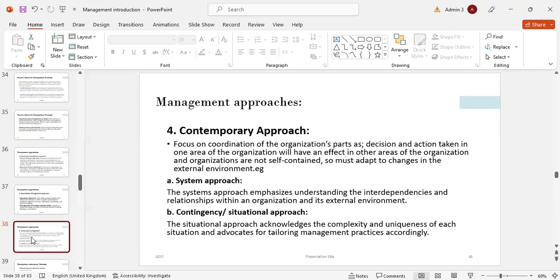Fourth is contemporary approach, focus on the coordination of organization part as decision and action taken in one area of organization will have an effect in the other area of organization, and organization are not self-contained, so must adapt to change in the external environment. System approach. The system approach emphasizes understanding the interdependencies and relationship within an organization and its external environment. Contingency or situational approach. The situational approach acknowledges the complexity and uniqueness of each situation and advocates for tailoring management practices